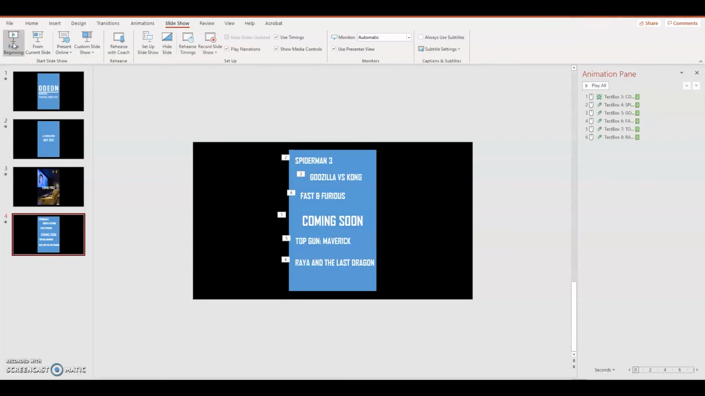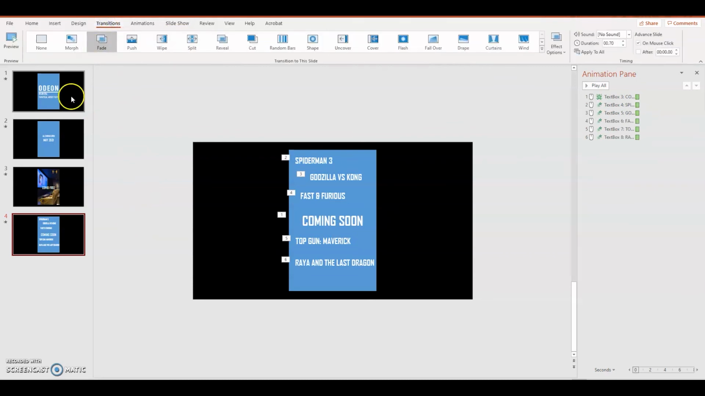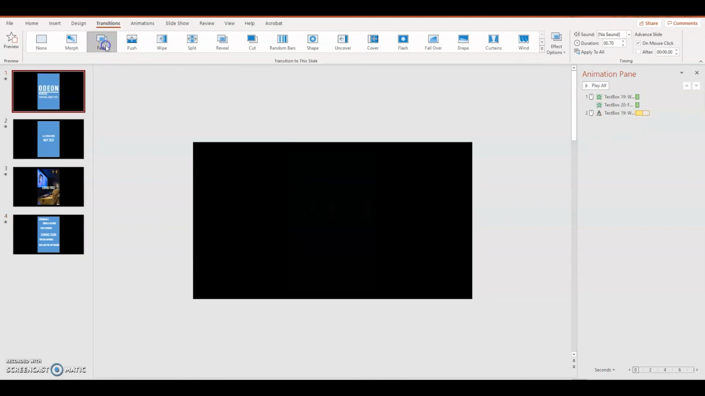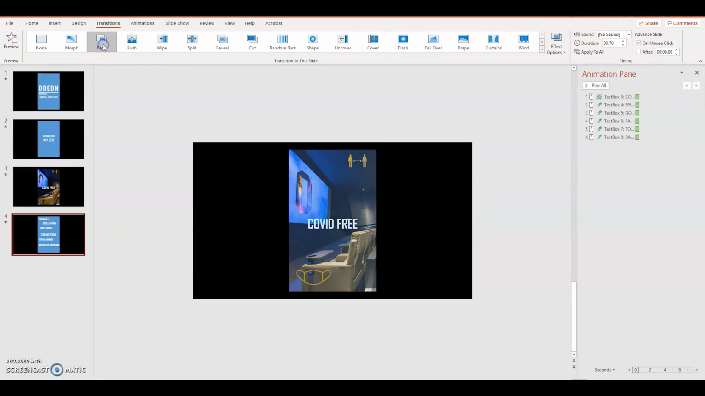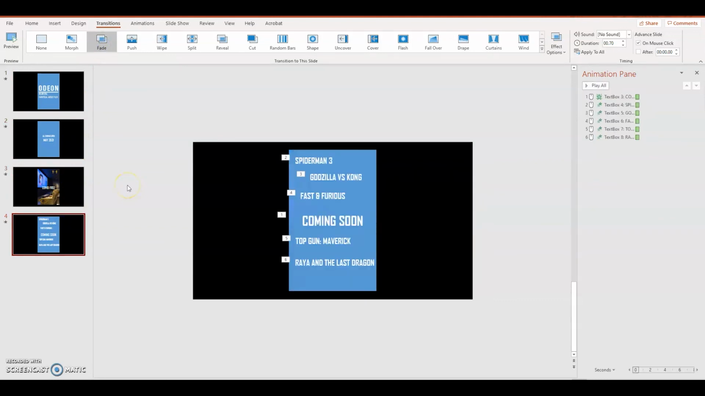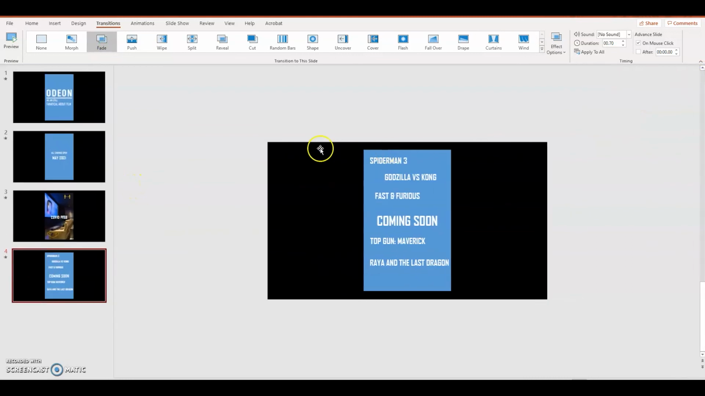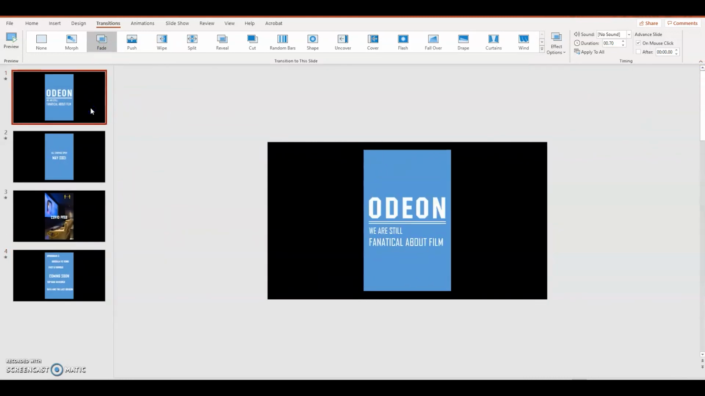There we are. Now, to make it look even better, what I'm going to do is add some transitions. A transition is an effect that you can do that goes between each scene. So I'm just going to put a fade on each one so that it looks better as it goes between. There we are. And our last thing we're going to do is that we're going to save it as a